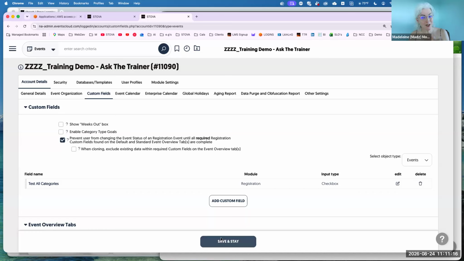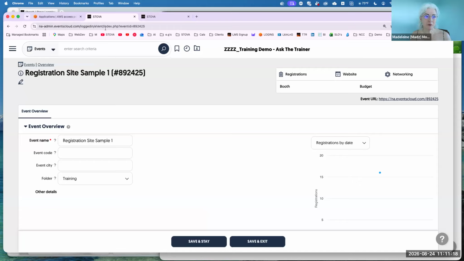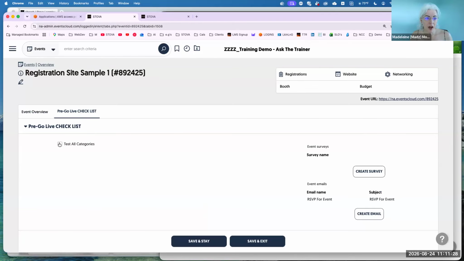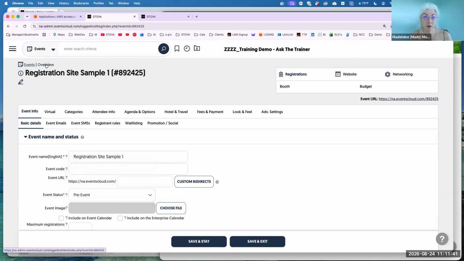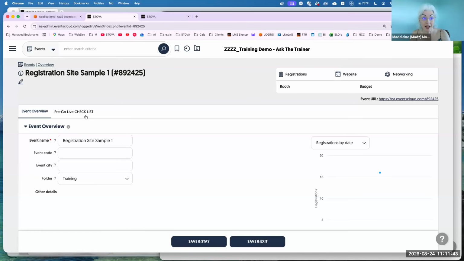So maybe that's too strict for some of you, but plenty of my clients use this feature. Now, I'm going to go back into the registration site and refresh, and I'm looking at the overview tab. There's my pre-go live checklist. I can make this question mandatory, which means that if I went to the settings of this registration site, I would be prevented from switching this to live until I had gone into that overview tab and actually answered all